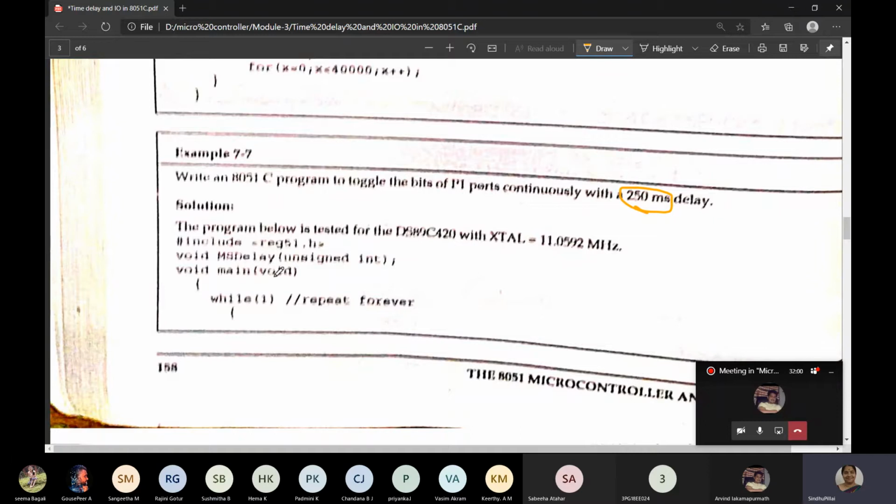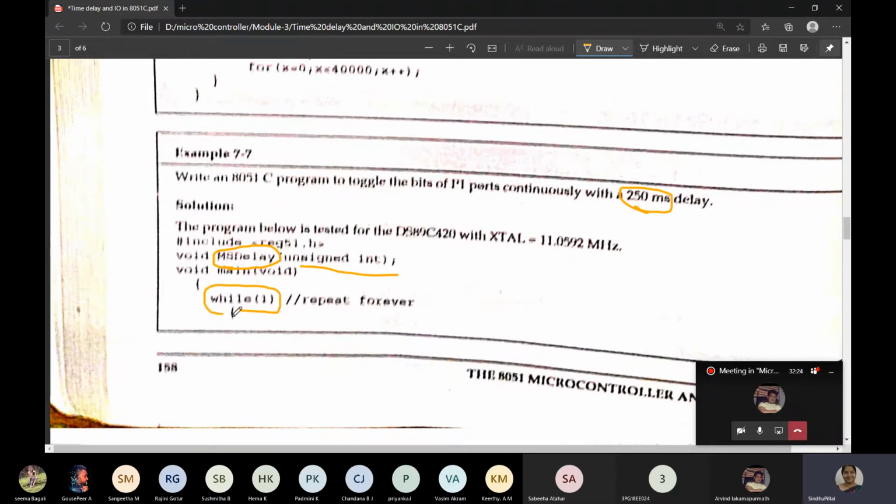So start with include. See here, we have ms delay as the function. This delay will be called here as ms delay, and it is sending a value of unsigned int, that is 16-bit. Again void main. And instead of writing for, they have written while here, while of 1.